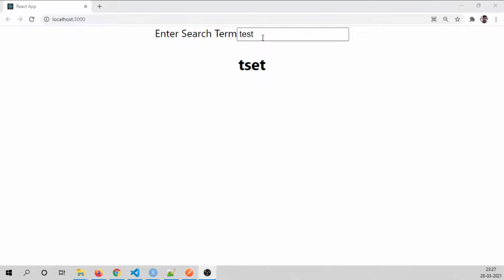So as you can see on my screen here, there is one search input button, and it will reverse whatever string we input. Suppose we input 1 2 3 or something, it will reverse the string. Currently this whole thing is made in the React application, and from there we are making a Plumber API call.